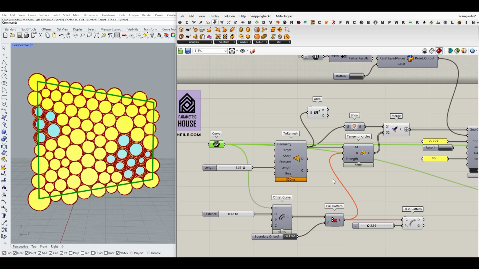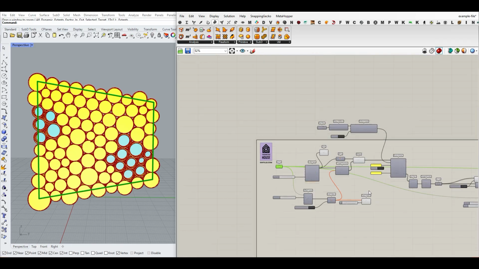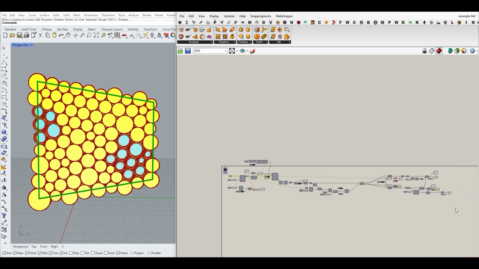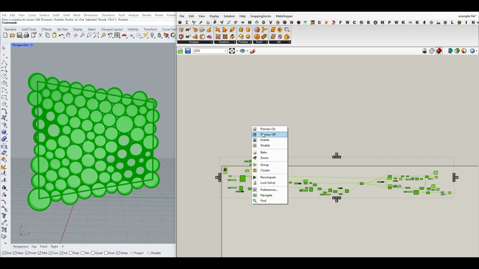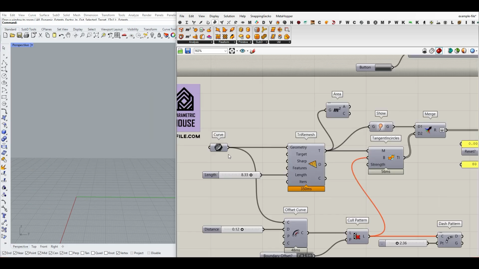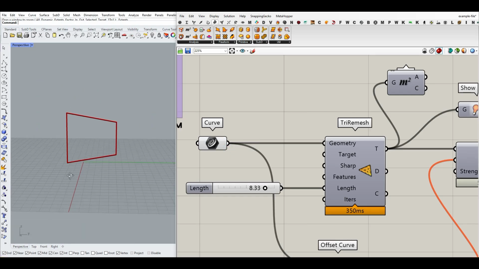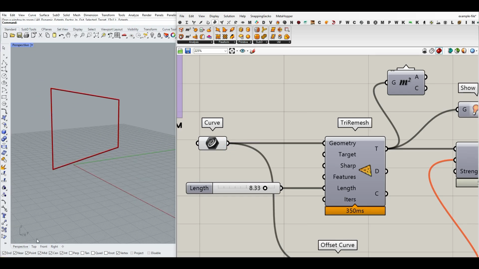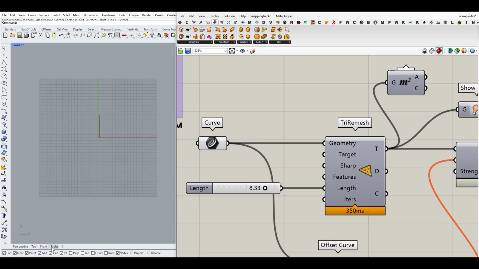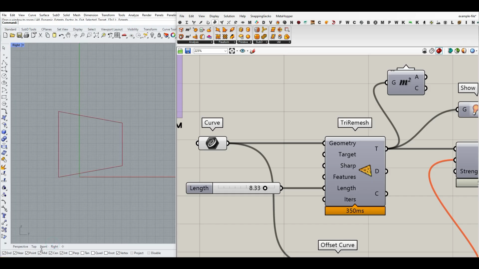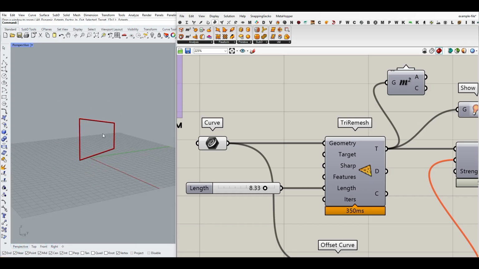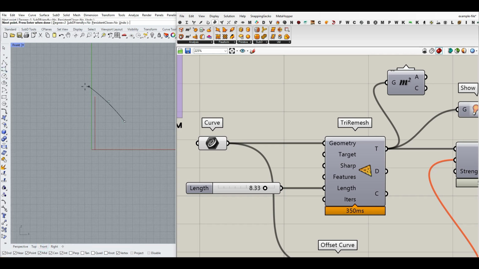So let's get started. The concept is the same, and I'm going to explain what's going to create the outputs and the results. Okay, first of all, we have a curve as a boundary. I've made this in a front view. So that is maybe, for example, a facade or something. You can give any rectangle you want or any curve you want. For example, if I want to make this a closed curve